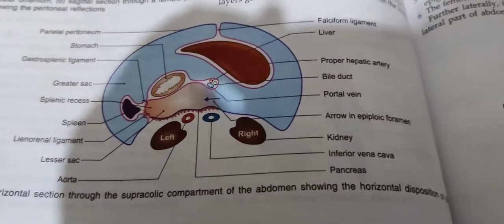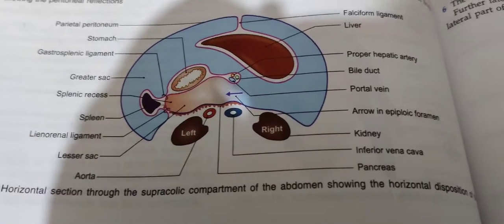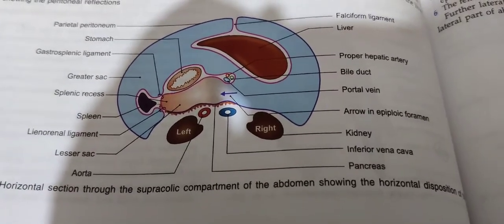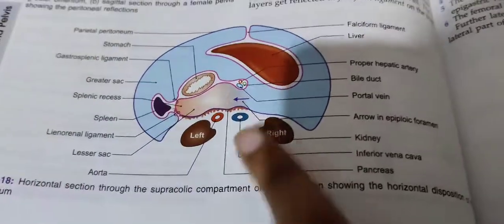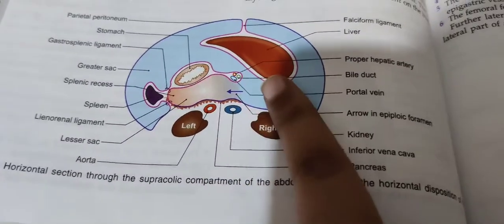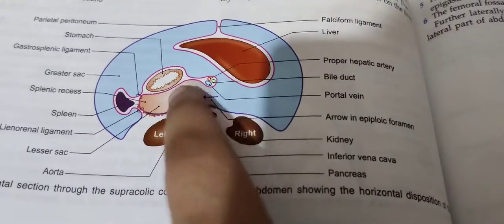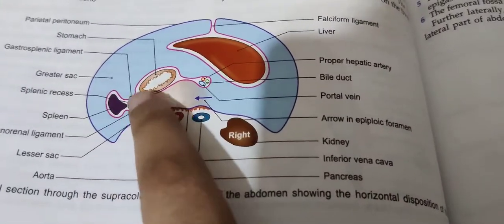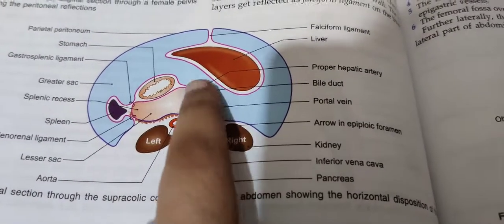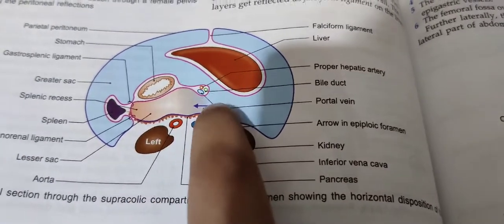Okay, so now see this. In the previous diagram we saw that the liver was on the ventral side and the spleen was on the dorsal side. So now what happens, the liver moves to the right side and the spleen moves to the left side. This ventral mesogastrium, this part dissociates from each other. Okay, and then the other role is the same. This part behind the spleen, the lesser omentum and the stomach, it forms a really small boundary with only one opening. This is known as lesser sac and this is known as epiploic foramen.